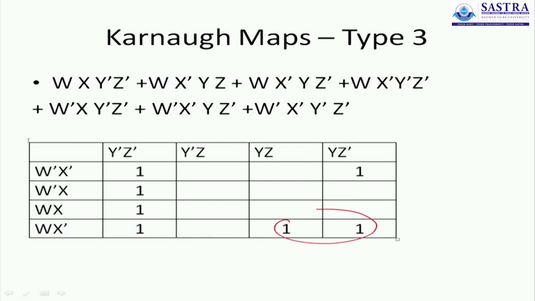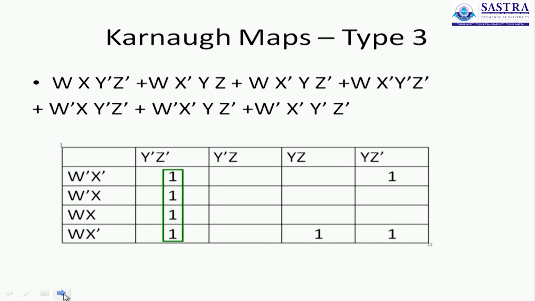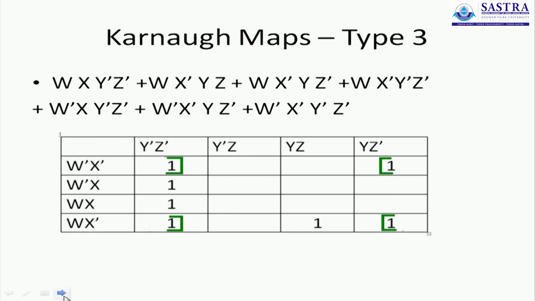I can't group just these two, but I can group all of these ones together. All of them are the extremes of the rows as well as the columns. So it's like a rotational thing where both the row extremes and the column extremes can be considered easily. So all these 4 are a single group and all these 4 are a single group also. That will end up with this kind of a transition.